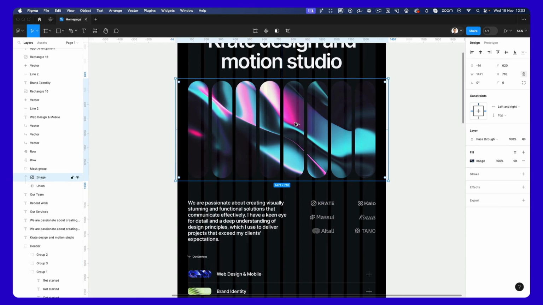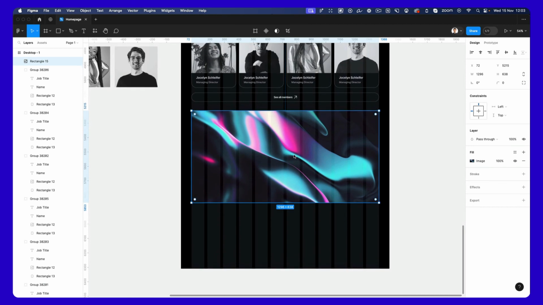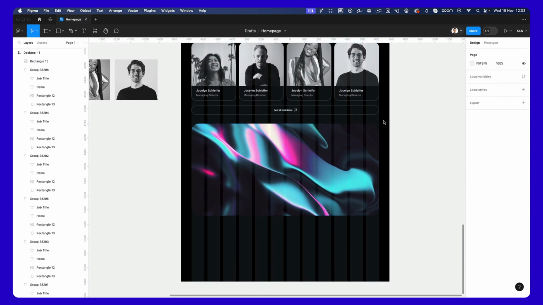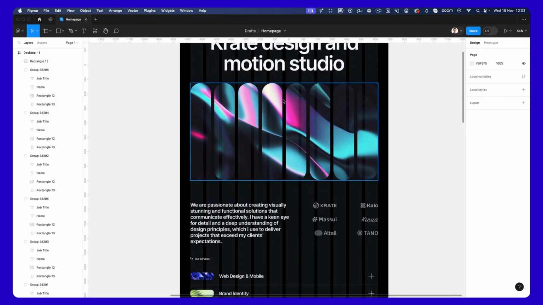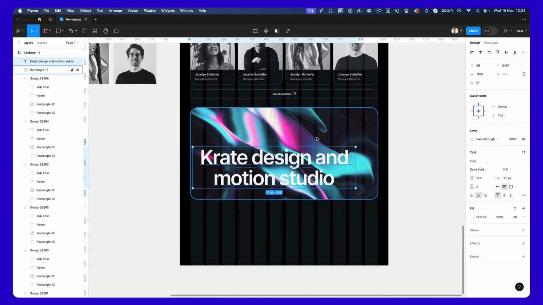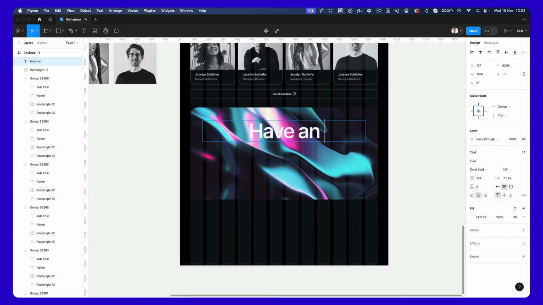let's go back on the original image, copy it, paste it over here, corner radius, and let's grab this heading element. Going to bring it over here. Right, have an idea. Let's talk. Going to make it smaller, and as you may notice,